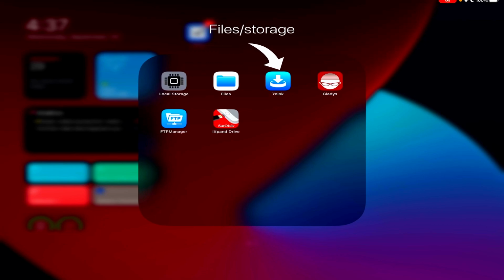And then Yoink, which is Yoink and Gladys are my two favorite shelf apps, which are similar to local storage, but they do slightly different things. These are more like a metaphorical bookshelf, put your things on. Then my FTP manager that I use, it's also SFTP for Secure File Transfer Protocol for when I'm transferring files to school. And then iExpand for their